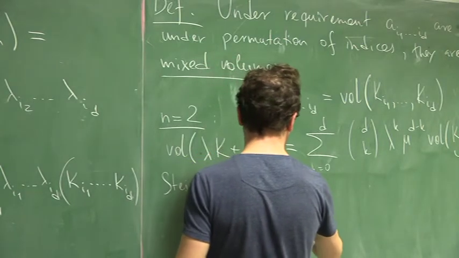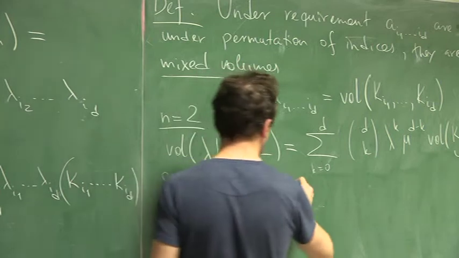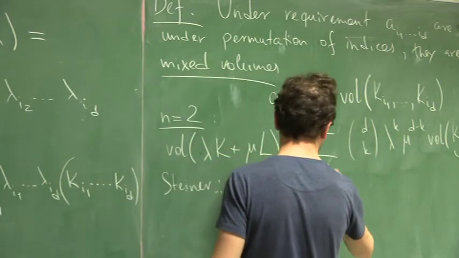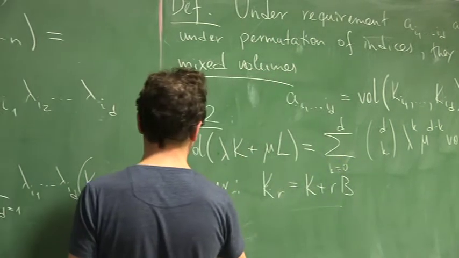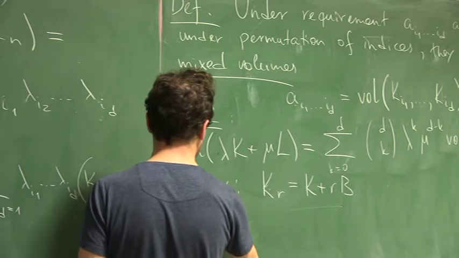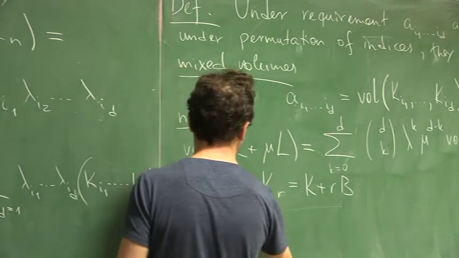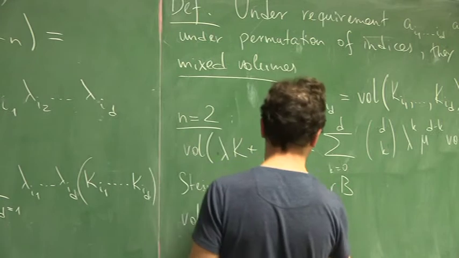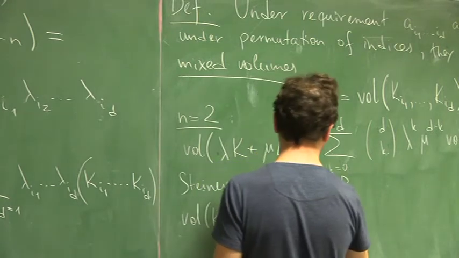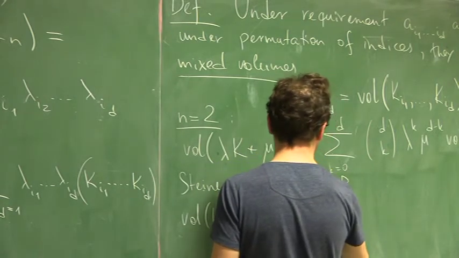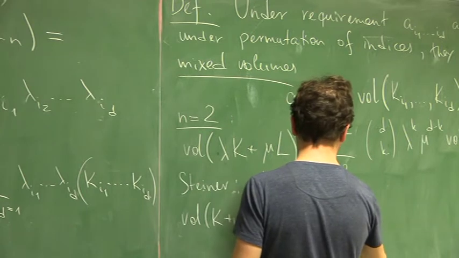I remind you that the r-neighborhood of any body K is equal to K plus rB. So what we have is the volume of K plus rB, which is equal to the sum over k from 0 to d of d choose k,